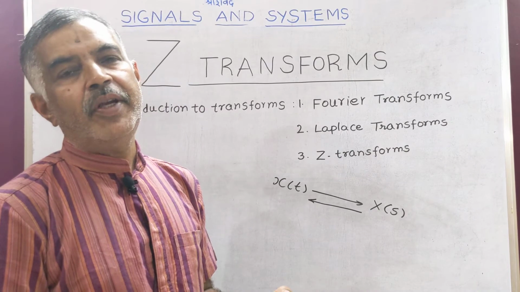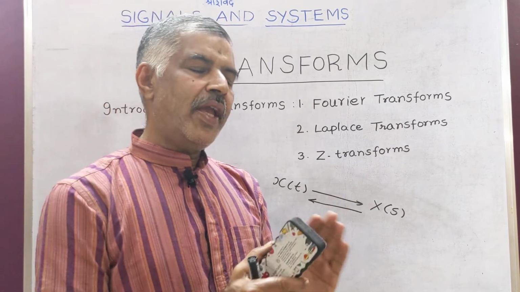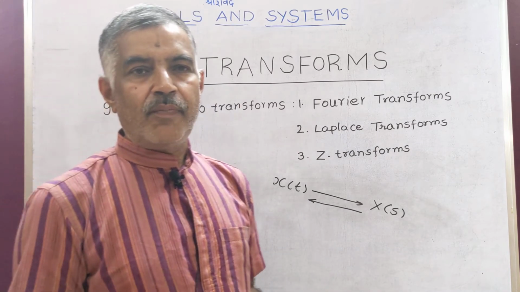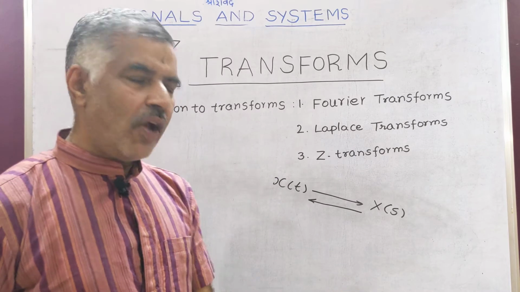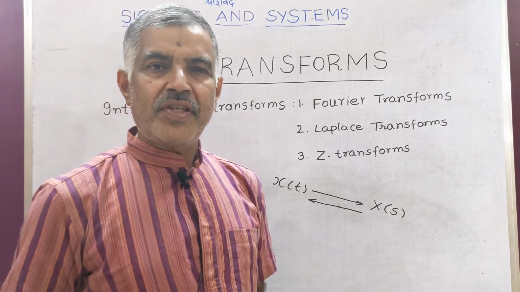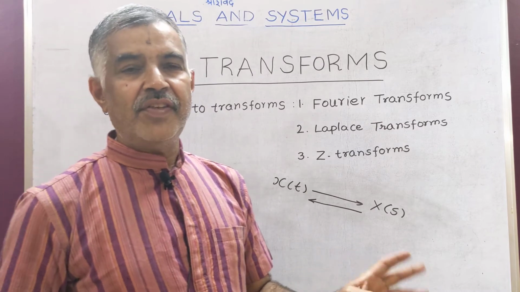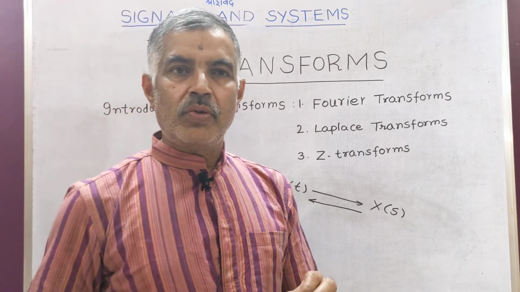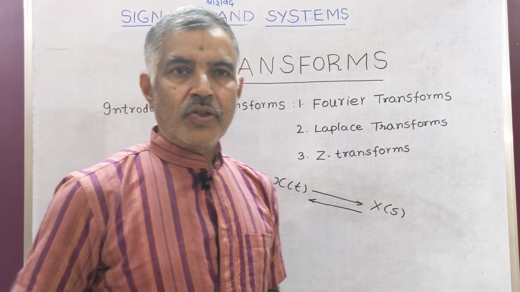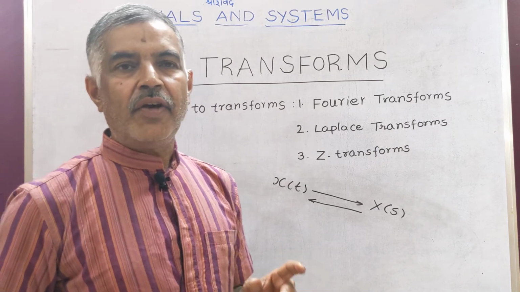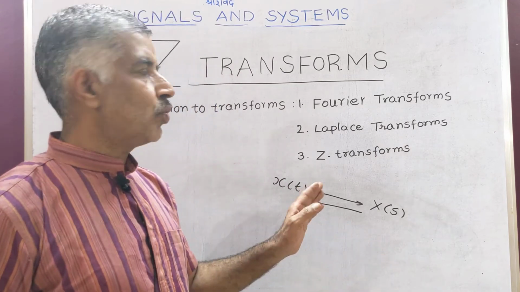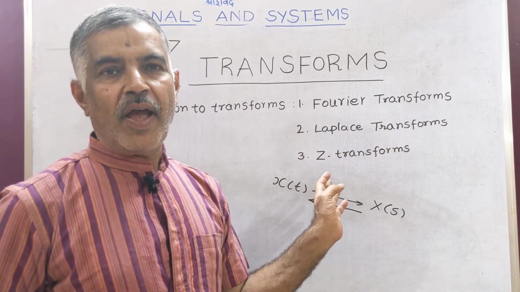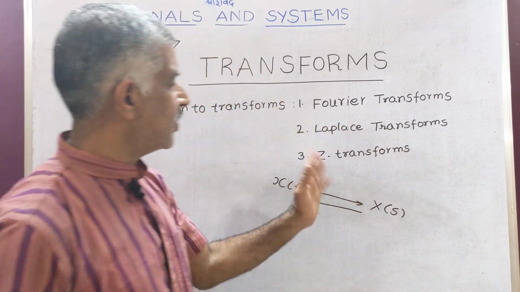You must be knowing logarithms. Why did logarithms come into existence? To multiply or divide two big numbers, it was necessary to have a tool. Now you have calculators, but in the last century, during the 1970s and 80s, calculators were not there, and students used to have logarithmic tables. So logarithms are also a kind of transformation. Students used to take logarithms, and they came back to the real world after taking anti-logarithms. So it is very similar.